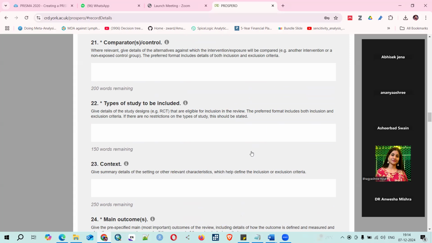Suppose, can you give one example? Any one systematic review example? Then I can say which type of study is suitable for this. Sir, suppose we are doing a systematic review on the management of dental caries, then which kind of study will we include? Only randomized controlled trials? Okay, so your question is not very clear. You are saying management of caries. Maybe you can say procedure. Then in this case you can say